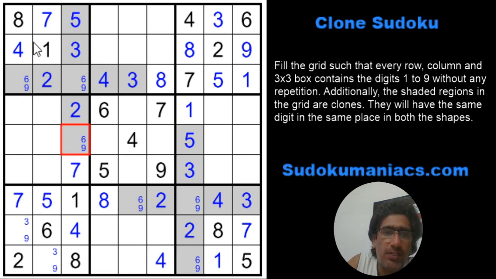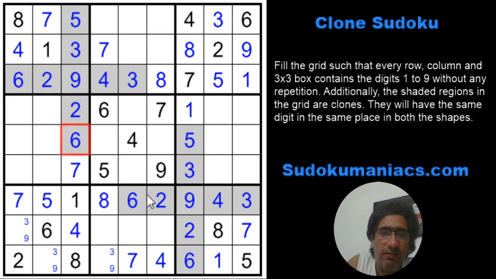Now what next? Okay, what is missing here? 1, 2, 3, 4, 5, 6, 7, right? I have a 5 and a 6 here, so this has to be a 7. 7, 7. This can't be a 7. This is my 7. This is again a 3, 9. 6 can't be here, so this is a 3, 9, which is a pair. That's a 6, that's a 6, and that's a 9. So 6, 9, 6, and we have wrapped up the clone shape.